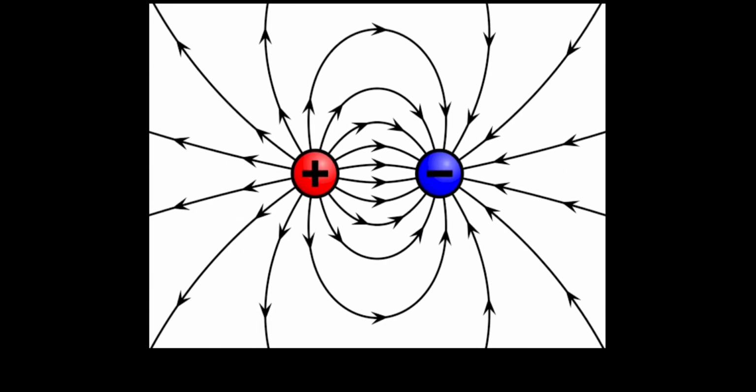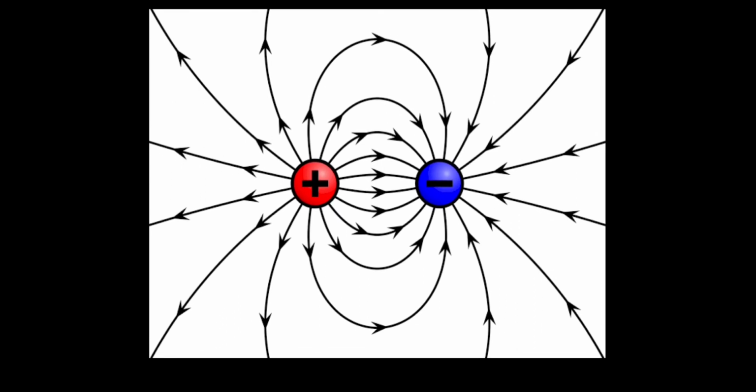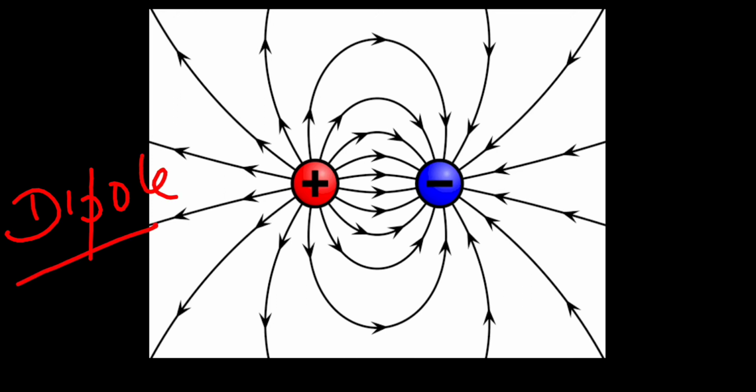Alright, now we have a dipole. What is this? This is a dipole. Two equal and opposite charges are separated by a small distance. So this is a dipole, and this is the structure of electric field lines in a dipole. You can see here that electric field lines are coming out of positive charge and they are going into